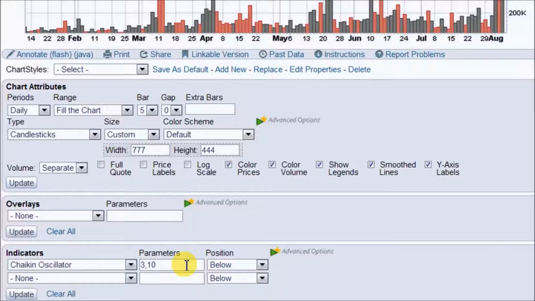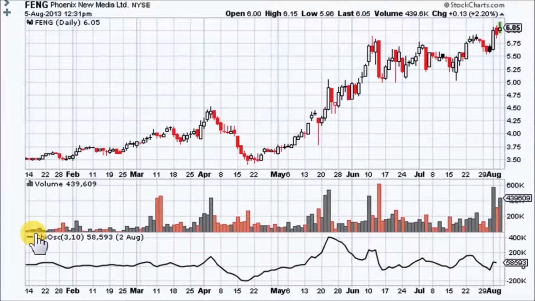Now, this is one indicator you can adjust the settings on. If you want smoother lines, double this to 6 and 20, or always make it the same ratio. Whatever your multiplier is, try to keep the same ratio. It makes it work best. Okay, go ahead and click update. And here is the CHI-OSC, that's its nickname, set at a period of 3 and 10